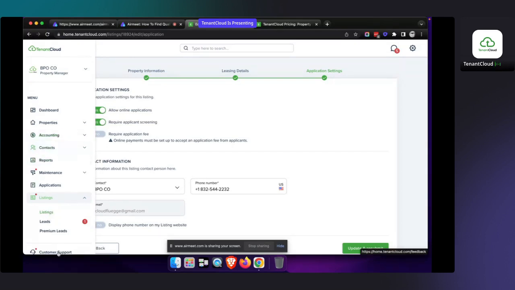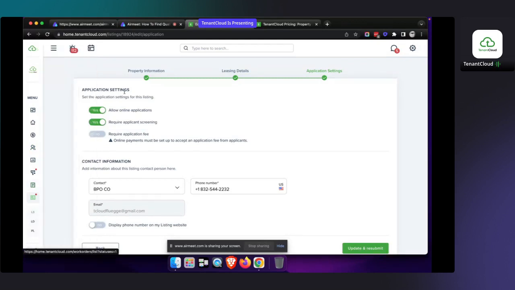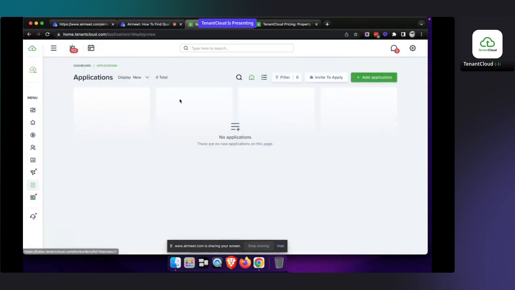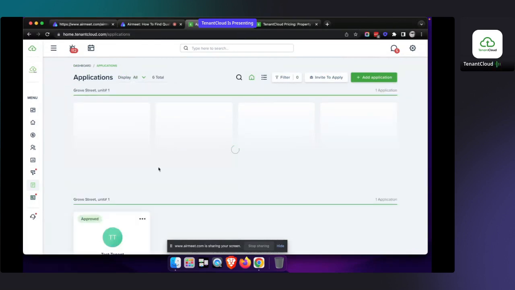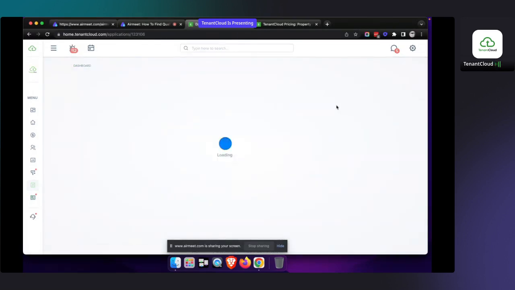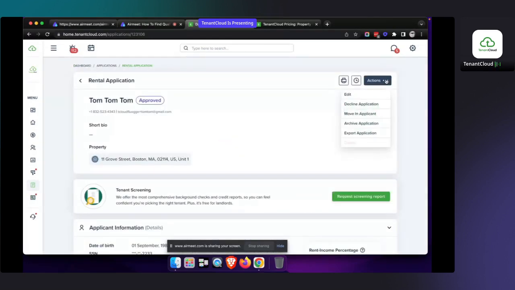Now, if there's another way to do it, if you are setting this up, you can say, I don't want to require the applicant screening, and I don't want to require the application fee. So basically what happens in that scenario is the person just puts in the application without paying anything at all. And that allows you to pre-screen the information on the application form. And then when you receive the application on your end and you've reviewed it and you're like, yeah, you know what, it's good, I'm going to go ahead and bill that person for it,